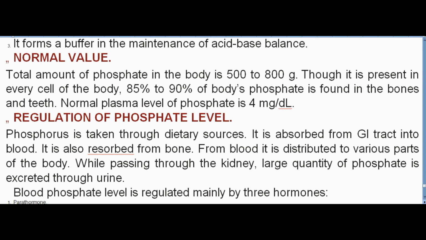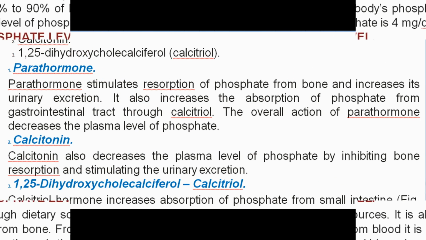Regulation of phosphate level. Phosphorus is taken through dietary sources. It is absorbed from GI tract into blood. It is also resorbed from bone. From blood it is distributed to various parts of the body. While passing through the kidney, a large quantity of phosphate is excreted through urine. Blood phosphate level is regulated mainly by three hormones: Parathormone, Calcitonin,